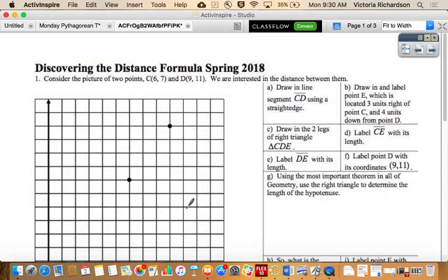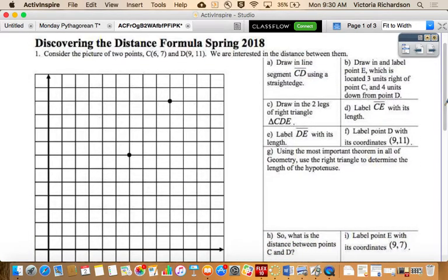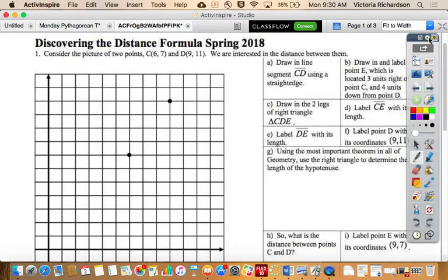So on this coordinate plane, you have 2 points, okay? So the first thing says A. So we're going to go through these one at a time. It says A, draw a line segment CD using a straight edge, okay? So you're going to draw a line between these 2 points and connect them. Draw the straightest line you can